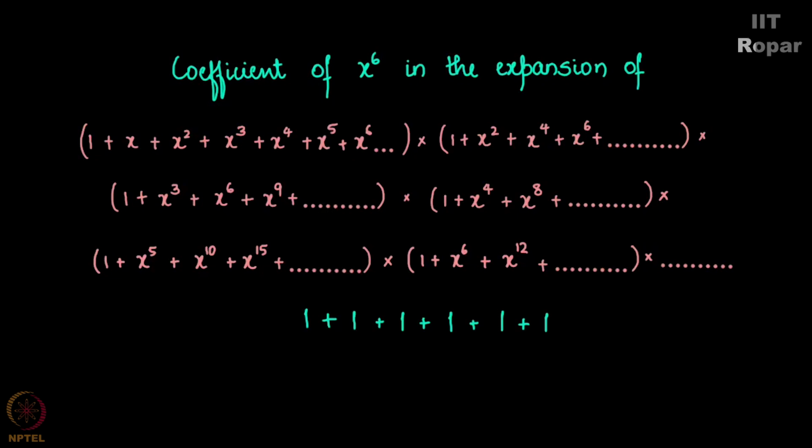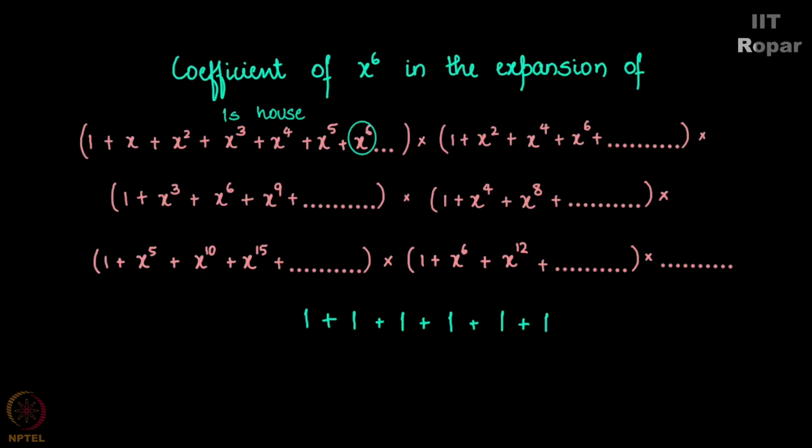It is very easy to observe that we should always go to the first house, one's house. We have all ones. How many ones do we have? We have 6 ones, and hence what is the term in the polynomial? Yes, it is x to the 6. So, x to the 6 corresponds to the partition 1 plus 1 plus 1 plus 1 plus 1 plus 1. This x to the 6 is the term corresponding to this partition.